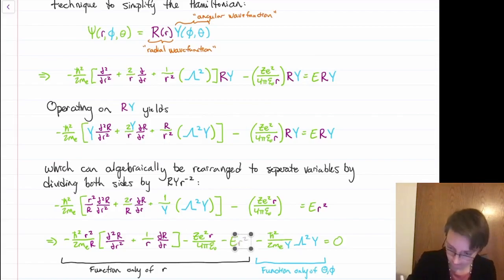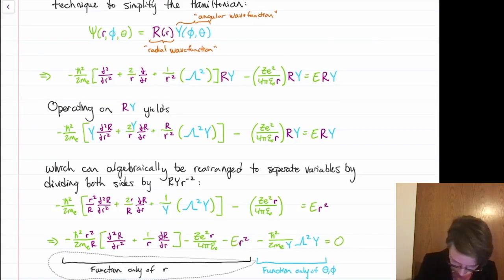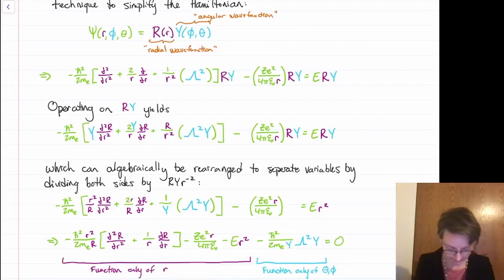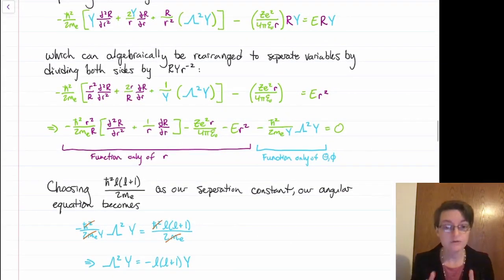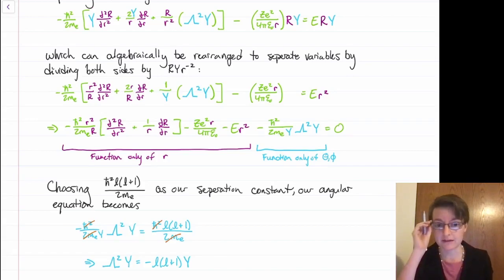Okay, I think I got all of my terms in purple that I needed this time around. Okay, and so just like last time, we can now say that because the terms in purple only depend on R and the terms in blue only depend on our angular coordinates, to make sure that the left-hand side is always equal to a constant, and in particular to make sure that it's always equal to 0, that means that